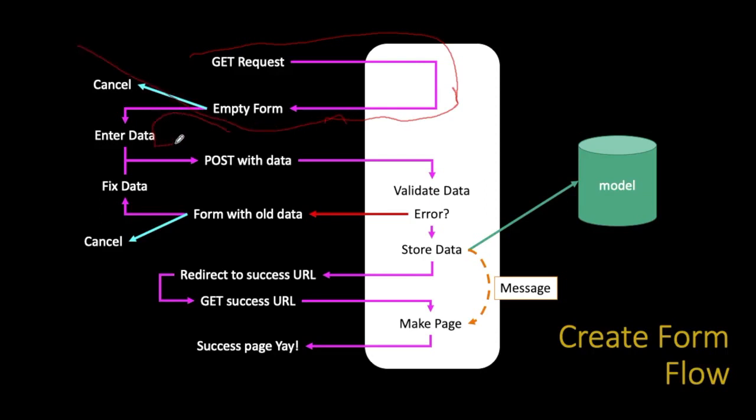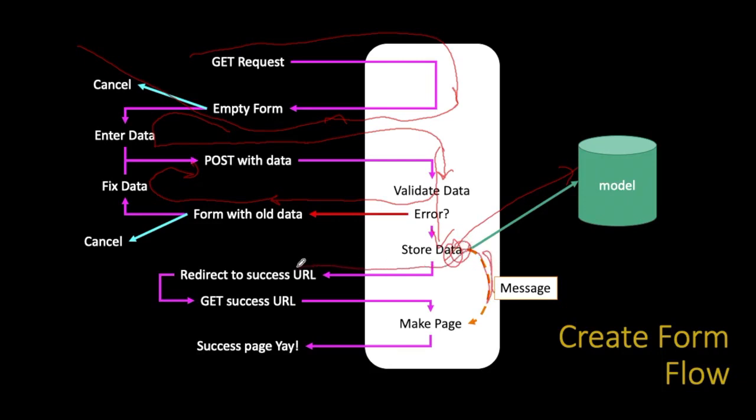The user might enter some data and hit post. Now the problem is, what if you have some rules about the data, such as this is required, that has to be at least 5 characters, etc. You have to then send a form back with that data to let them fix it and resubmit it again. Or if it's good, you go ahead and store the data in the database, but then we have to put some kind of success message, like in a session or something, and then send a redirect out, and then the browser immediately comes back and gets the redirect URL, which pulls the message out,